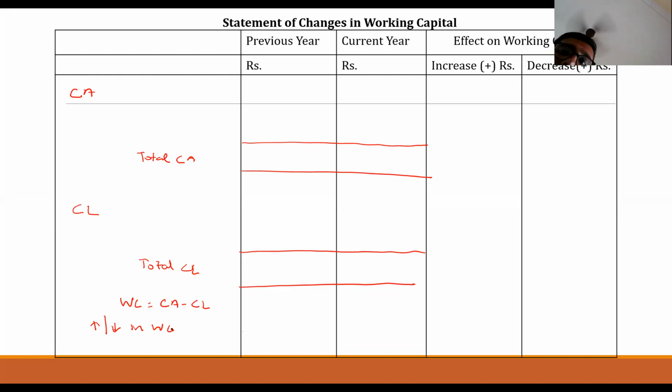Those who are doing the statement of changes in working capital, can you tell me who all are doing it by unmuting your mic so that I will be able to know? Please unmute and say that you are doing. Yes, sir, working on it. Okay. If you are not speaking, it will be silence, then I will rush.